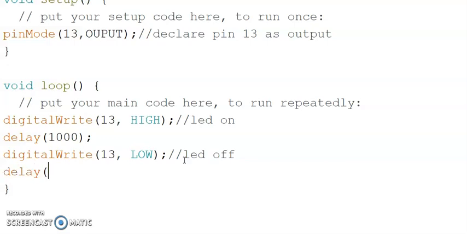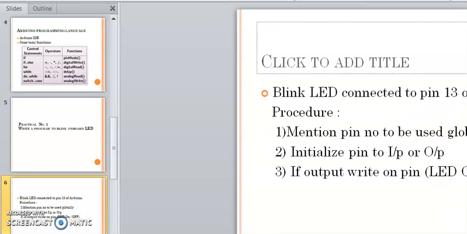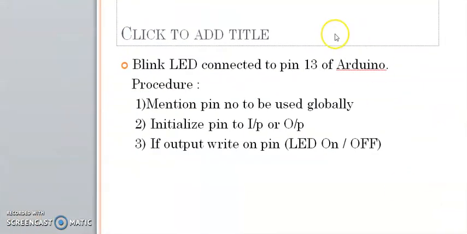Again I am going to put a delay of 1000. Okay. So now according to the procedure we have completed with all the steps.